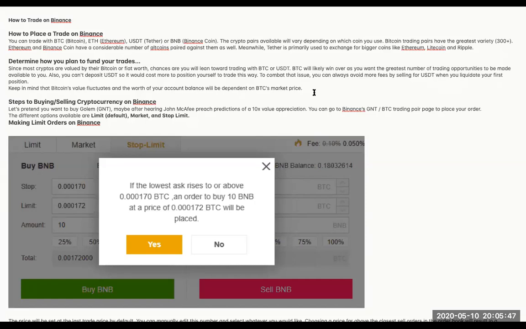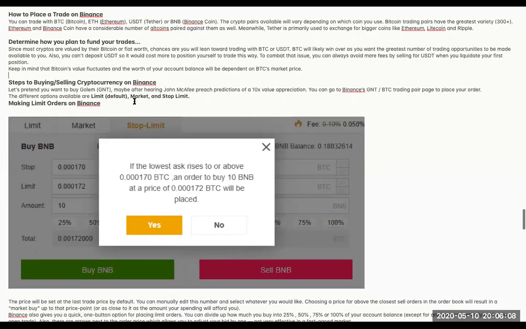So what are you supposed to do? Immediately you have to convert your Bitcoin to USDT, because these are called stable coins. They fluctuate, but their fluctuation is not as strong as how cryptocurrencies or Bitcoins and other altcoins fluctuate. Keep in mind that Bitcoin's value fluctuates and the rest of your account balance will depend on the BTC